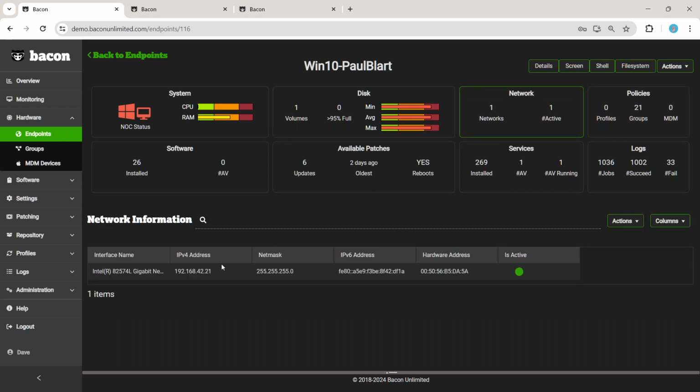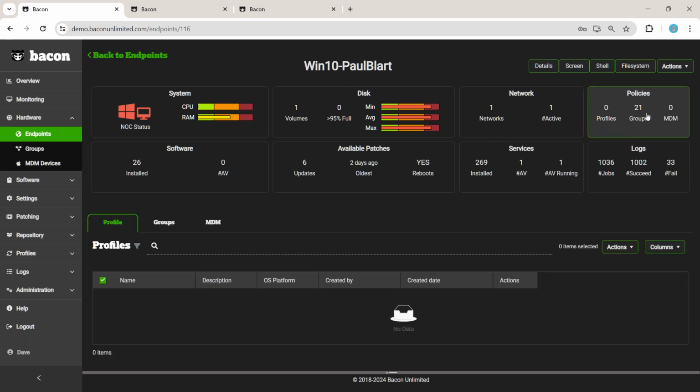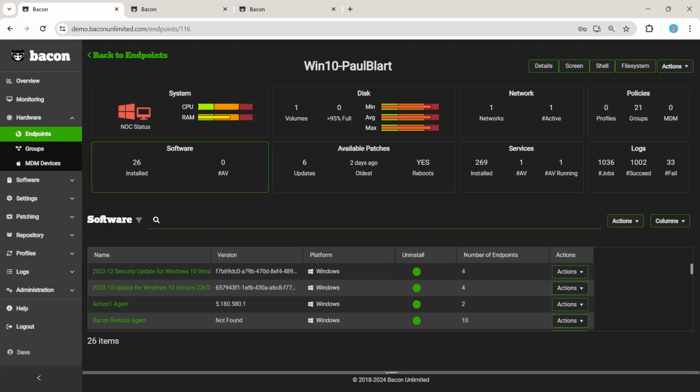Next up, we can see what interfaces we have on this machine. So we have one NIC here. For policies, we're able to see a couple things. We can see what profiles we've pushed out. You can kind of think of these like GPOs. Really, they're automated configurations or automated tasks. So we're able to, let's say, install software, set registry keys, run scripts, all that kind of stuff on a repeating basis. Next, we can see what software is installed,